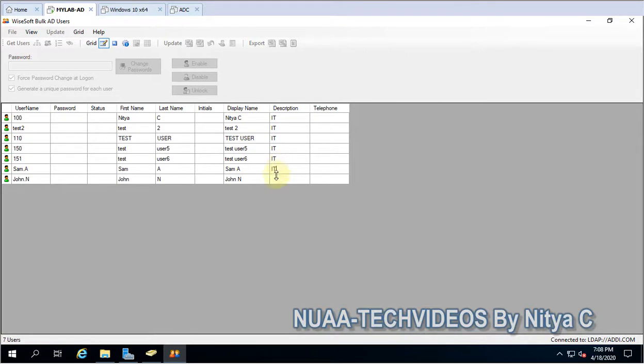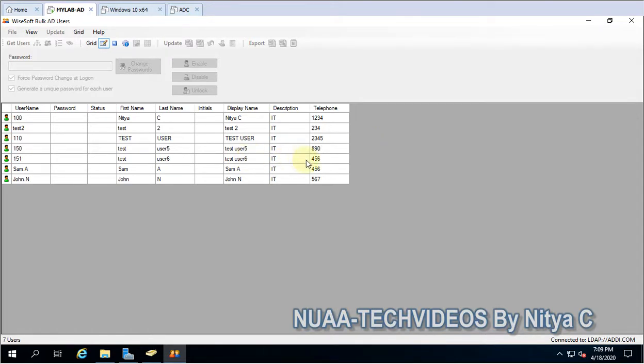This is one of the methods, and I'll show another method later. I type the same description in the column, and then for the telephone numbers I simply type the numbers, and you can use all the numbers.